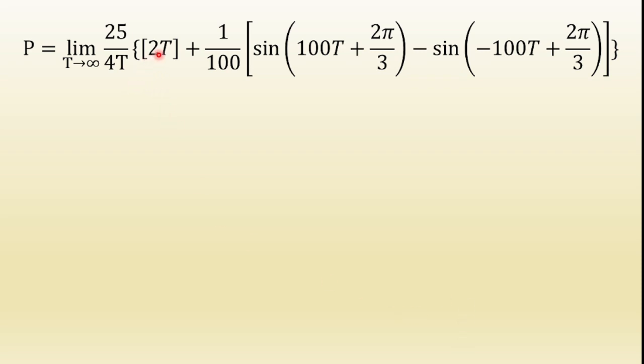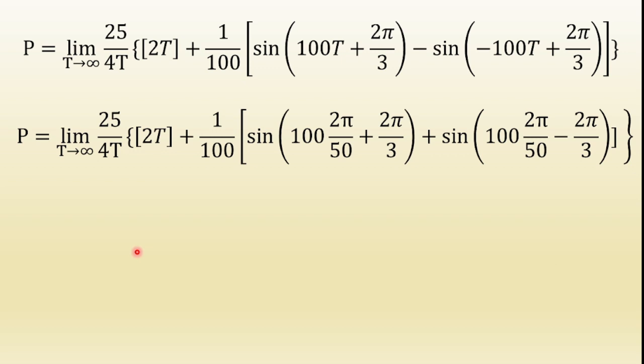In the first term, applying upper value and lower value of T, T minus of minus T is 2T, plus 1 by 100 into sine of, in the second term applying upper value of T and lower value of T, we get sine of 100T plus 2 pi by 3 minus sine of minus 100T plus 2 pi by 3. Now in the second term, sine of minus of 100T minus 2 pi by 3. We know that sine of minus theta is minus sine theta. Before minus is there, minus into minus is plus. So we get